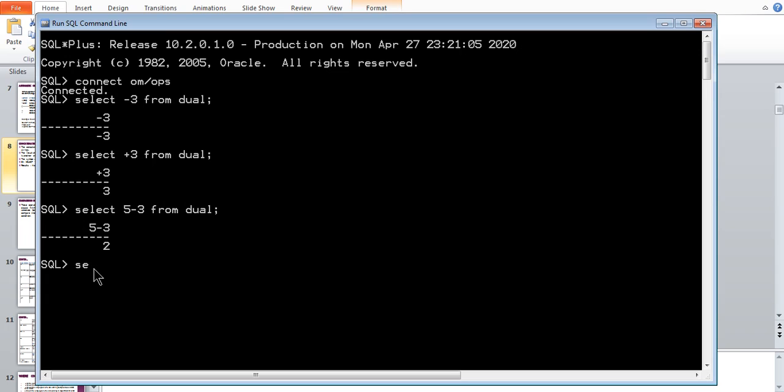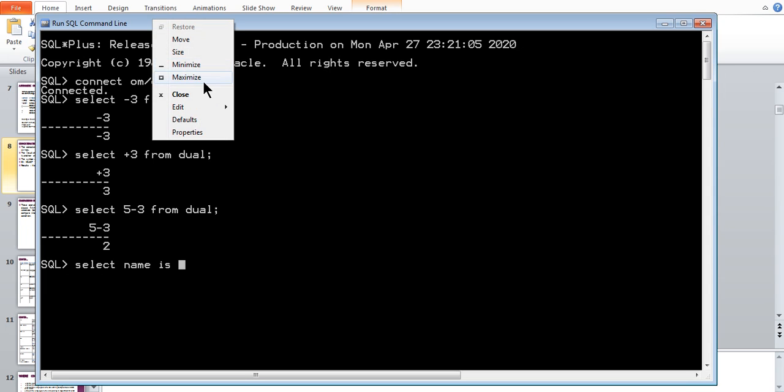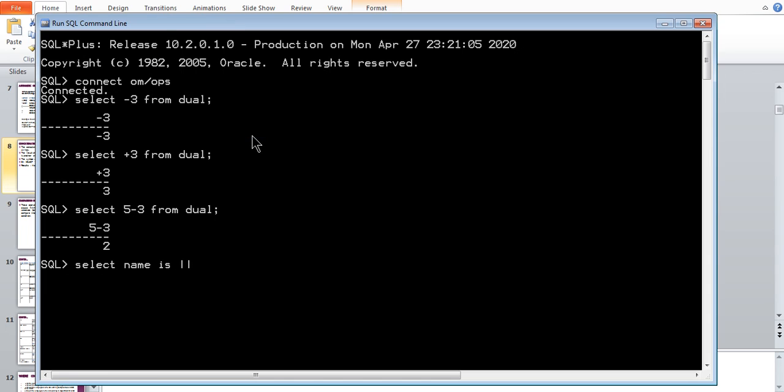So select 'name is', which should be supplied within single quotes, and ename is the column name from the table emp.